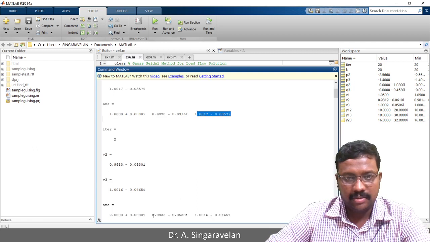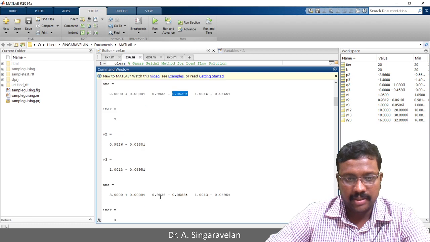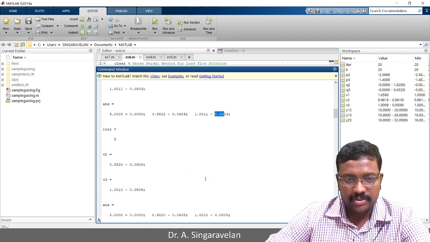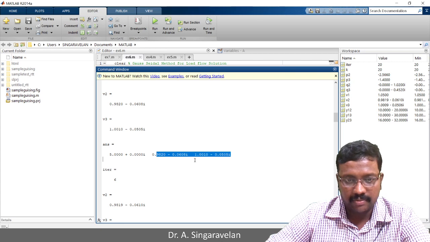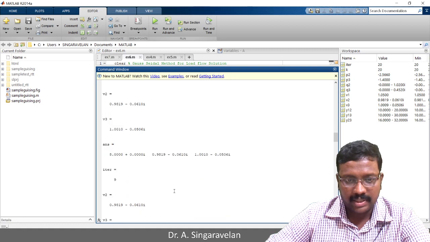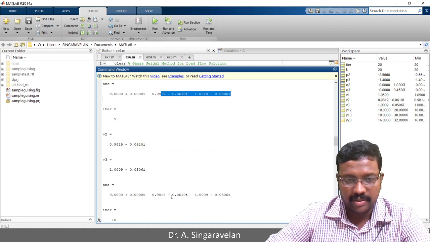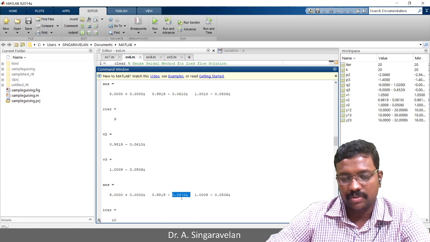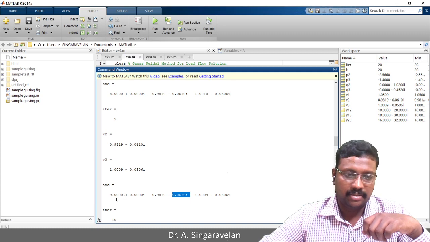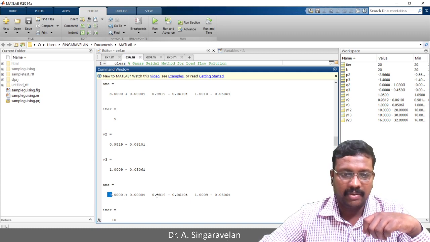In the second iteration there is a little variation in the angle, but the voltage is nearly the same. In the third iteration the angle is also the same. In the fourth iteration the angle varies a little. So we can see where it gets completely converged. In different iterations we get slightly different angle values, with variation after 0.00. So we can tell these values have converged at maybe iteration 9.